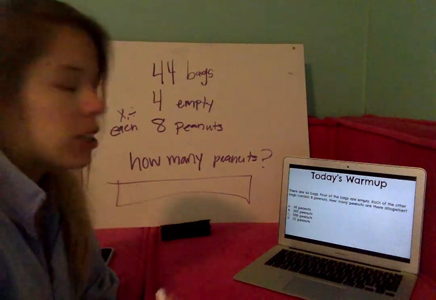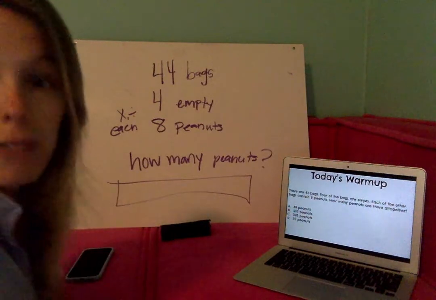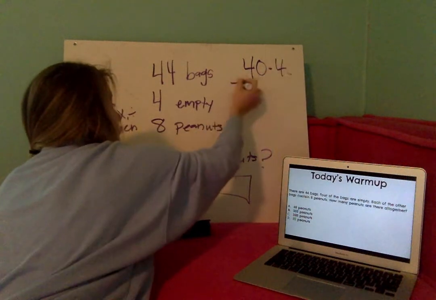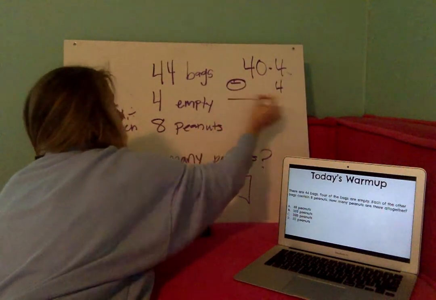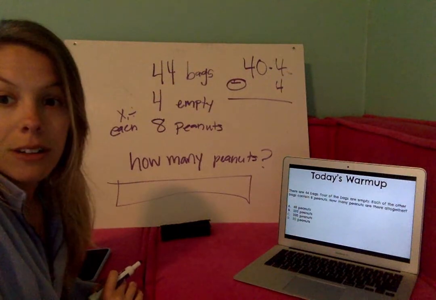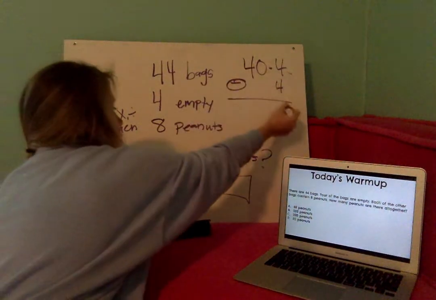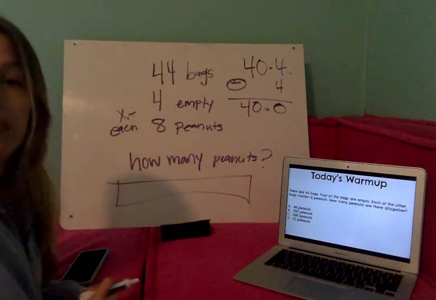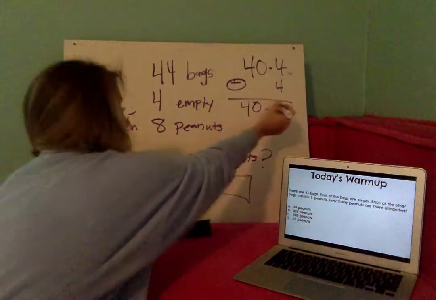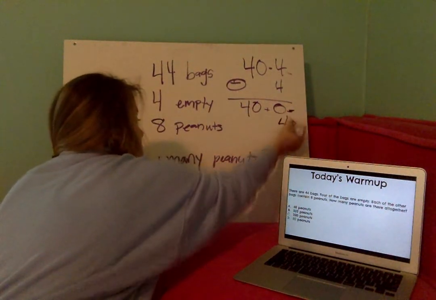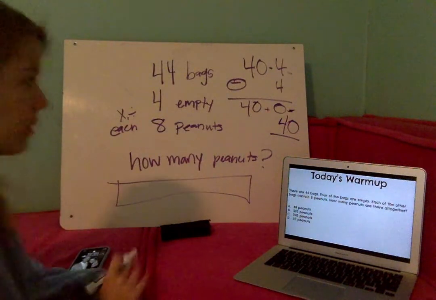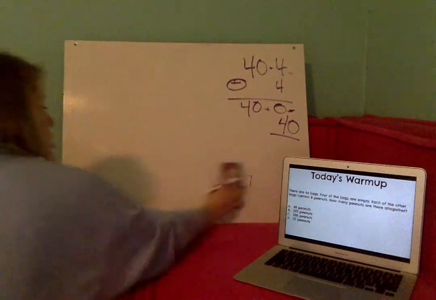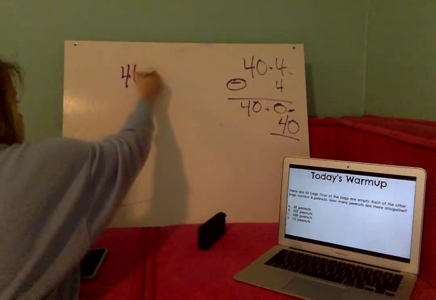So, the first step you should have taken is if there's 44 bags and 4 of them are empty, 44 minus 4, because we want to see how many bags there are that have peanuts in them. 4 minus 4 is 0. Bring down your 4. 40 minus 0 is 40. So we know that we have 40 bags. Okay? I'm going to erase this to try to give us a little more room. So we have 40 bags